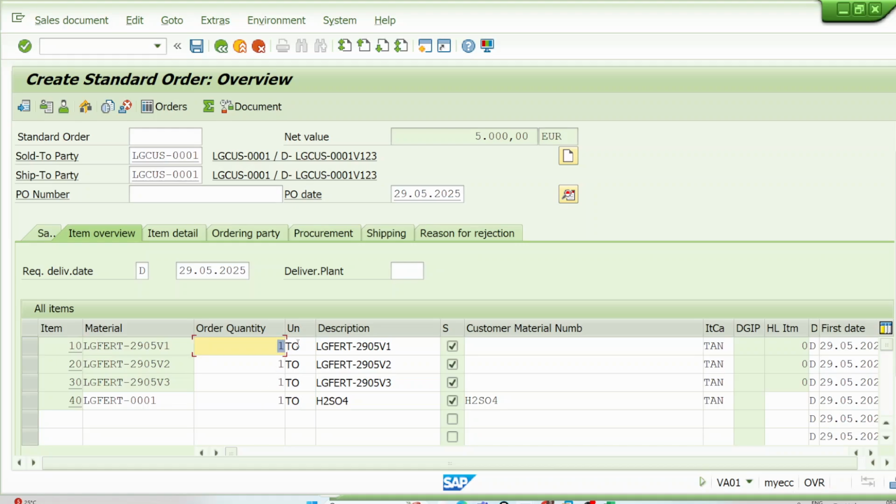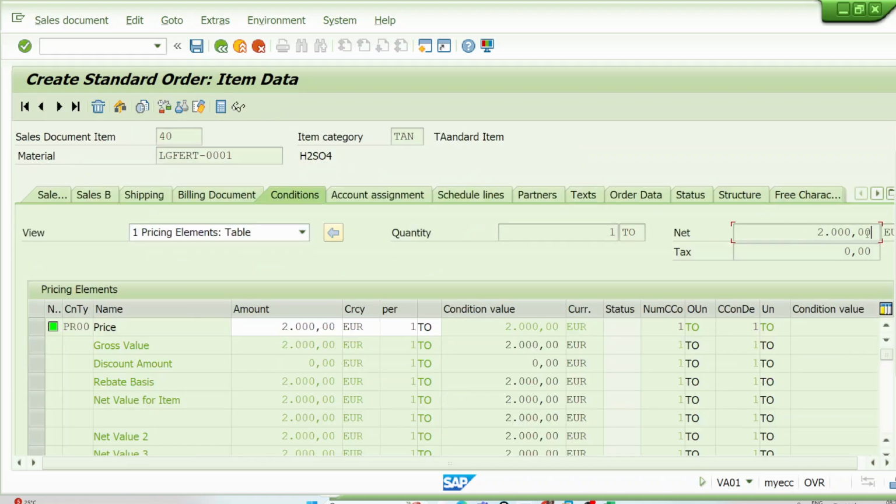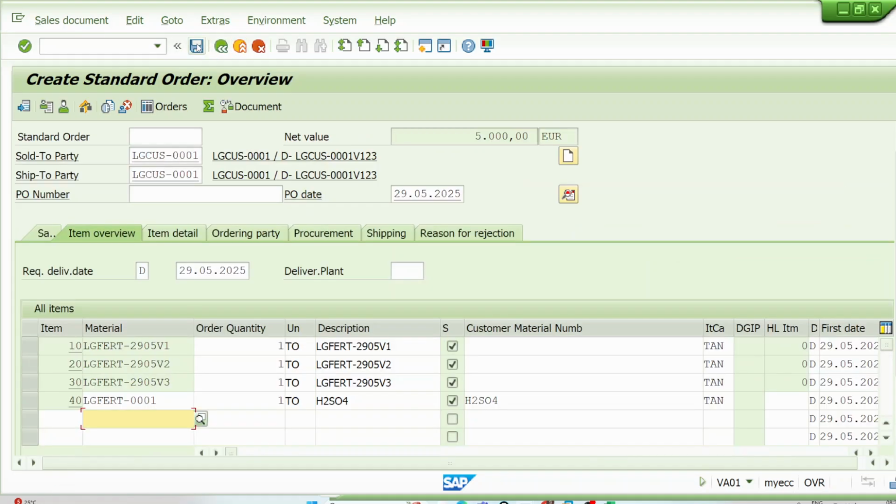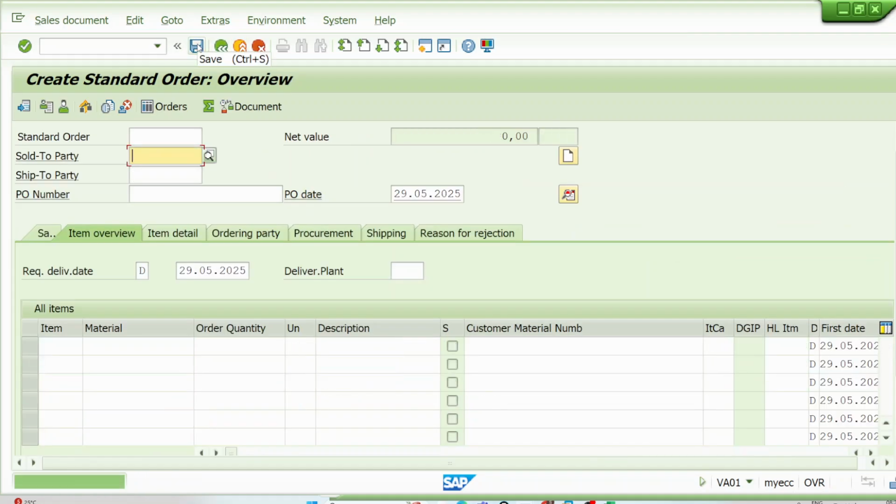For this item I have maintained 1000. For this item I have maintained 1000. For this item I have maintained 1000. And the material which is not there in the assortment module I have maintained 2000. Now I will save the order. I'll save the order, and now I'll go to my